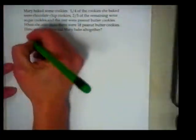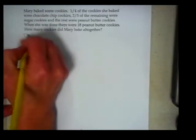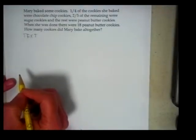Okay, so now that we all have the problem, and like many students, you are reading it and you want to try to solve it right away, we're going to ask you to bear with me because I'm going to walk you through the process of model drawing. Model drawing, as I mentioned, is a strategy that's used in our Singapore Math program, and basically there are 3 phases. We're going to start off in a text phase, which you have in front of you, which is the problem. Can you see that okay? Yeah? Okay. And we're going to work through...